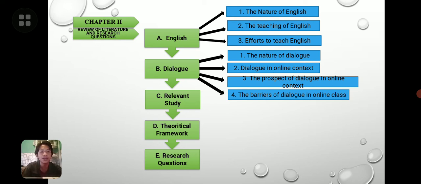The first is English, dialogue, relevant study, theoretical framework, and research question. In English, there are three kinds. The first is the nature of English. The second, the teaching of English, and the third, the effort to teach English.